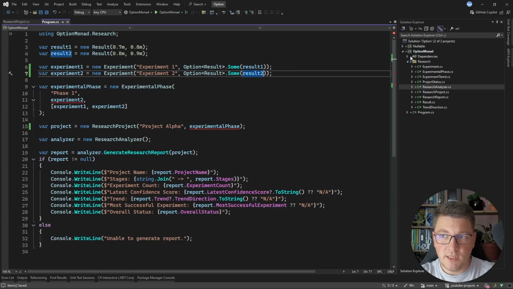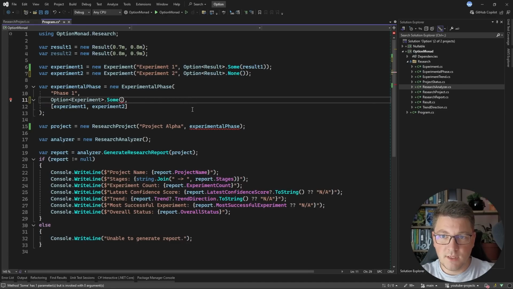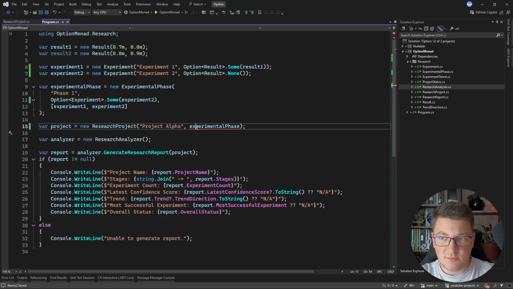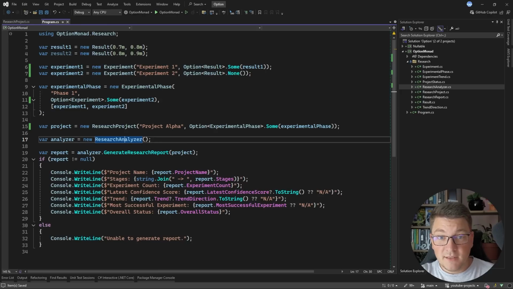And if I did want to make it null, I can do that by saying option result of none. So our code now better communicates when something is there and when it's not. This is also going to be option of experiment of sum, and we'll pass in the experiment value. And then this is going to be option of experimental phase of sum, and we'll pass in the experimental phase instance. So this should be compiling now, but when we go into the research analyzer, we're going to run into